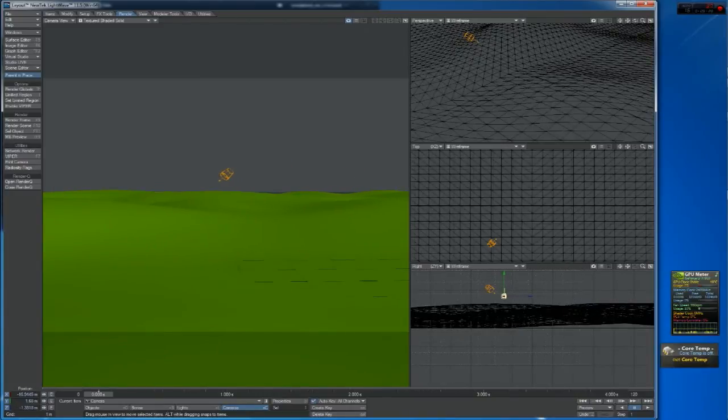I've got a GTX 650. And LightWave isn't that demanding, but LightWave also has no limits. You can keep on adding polygons and keep on adding until it's just full. So there's no limitation to LightWave like there is with any other 3D